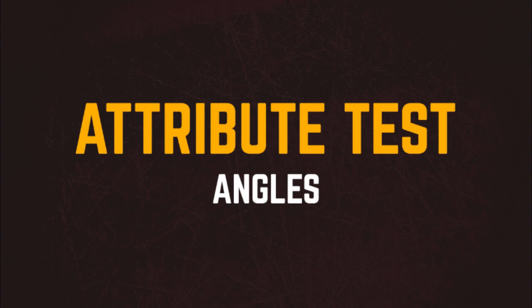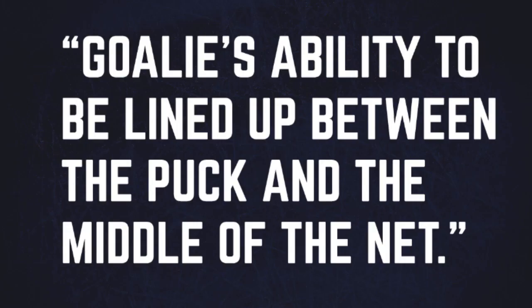Now, before we get into that, I want to actually define angles because I have a feeling that not a lot of people really understand what angles are referring to when we're talking about goaltending. The definition of angles is the goalie's ability to be lined up between the puck and the middle of the net. So the goal for a goalie is to have an equal amount of net on both sides. In game, this is represented with that blue line connecting the puck to the back of the net,